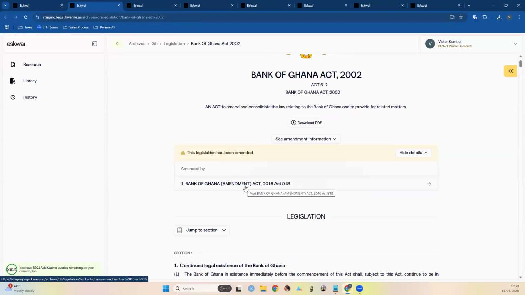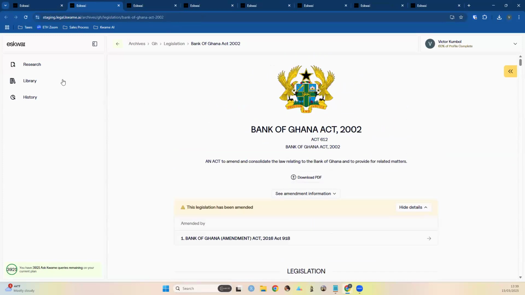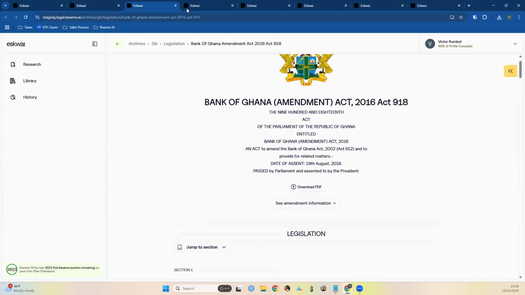Currently, we don't provide the consolidated legislation, but that's something that we are currently working on. So in a couple of weeks, you would also be able to view the consolidated legislation where all of the amendments have been combined to make it easy to follow. All right, so it took more than the 30 minutes. Yeah, so these are the features that we built, and we'll be going live next week. All right, thanks. I guess we would have Q&As now if anyone has questions about the new features.